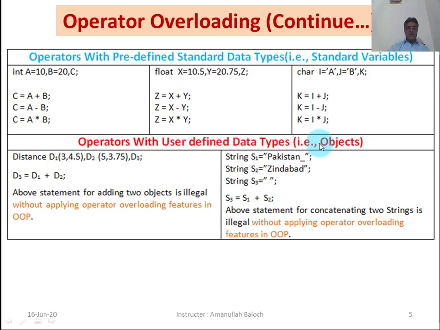Operators with user-defined data types, that is, objects. Distance is the name of a class. D1 is an object, D2 is another object. D1 contains 3 feet and 4.5 inches. D2 contains 5 feet and 3.75 inches. We have already discussed the distance class in our previous lecture. D3 is an object which has no data. When we add D1 and D2 and assign the result to D3, the statement for adding two objects